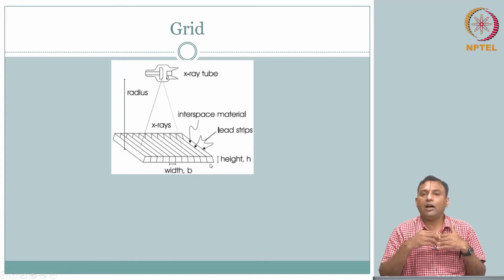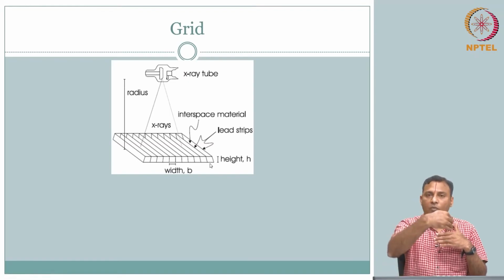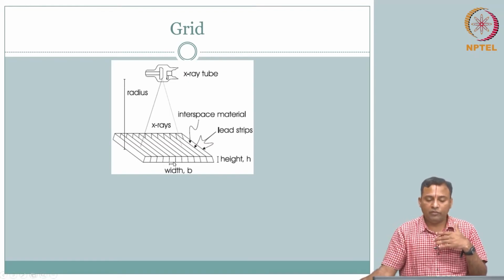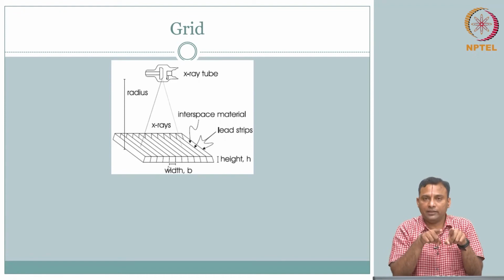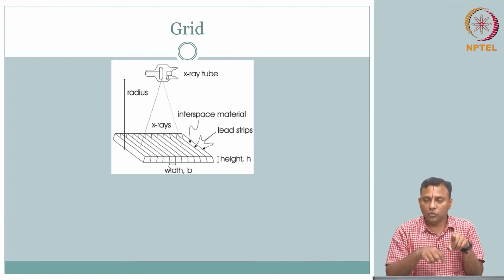Both of these are going to affect what goes through. The width is going to dictate the distance between your leads, because that distance is the transparent part. So that is where the radiation is going to go through, right? So in some sense,